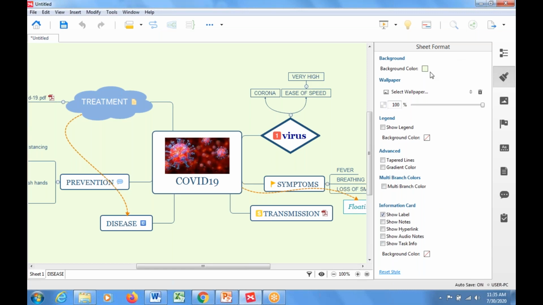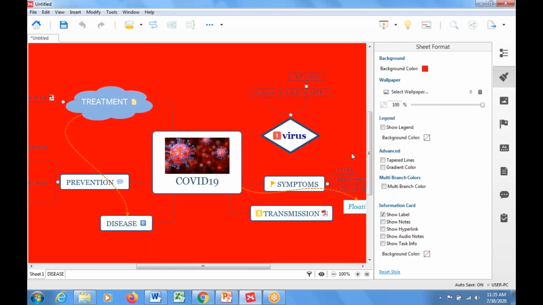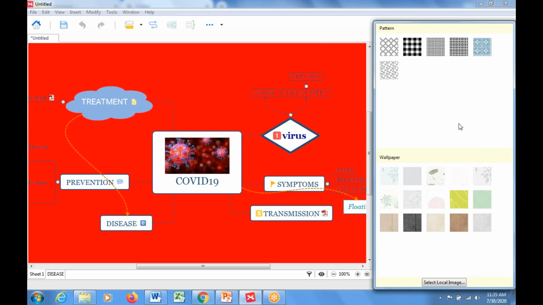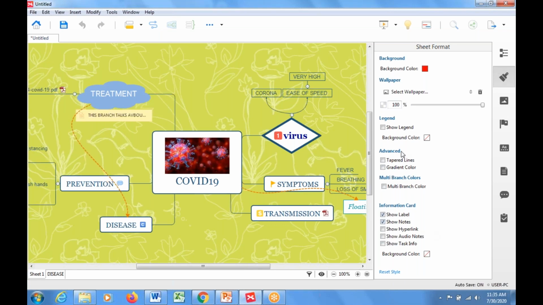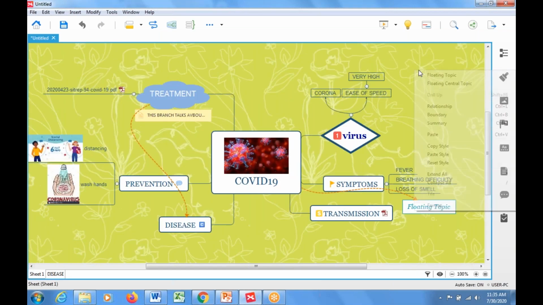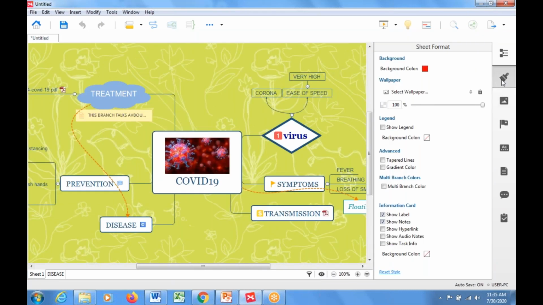For example, I want to change the background. So click on this particular option and choose any one color of your choice. See, background to change, you can change the background, or some ready-made wallpapers are there. You can go and change the wallpaper also. For example, let me click this particular wallpaper. You see now, see wallpaper I have changed. Okay, and if you want to have gradient color, if you want to show notes, hyperlinks, so whatever you want to have a global effect on your file, you can try it this way. Keep the cursor anywhere, right click, go to format, options are there, you can use it.